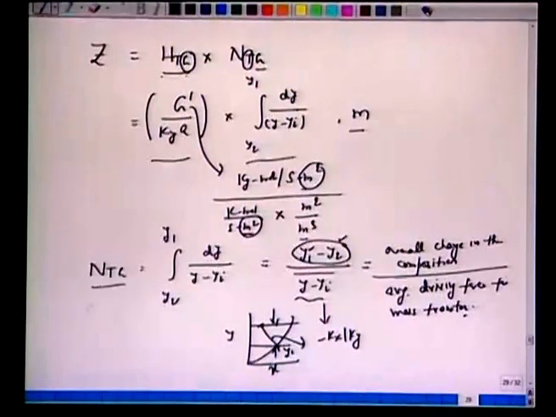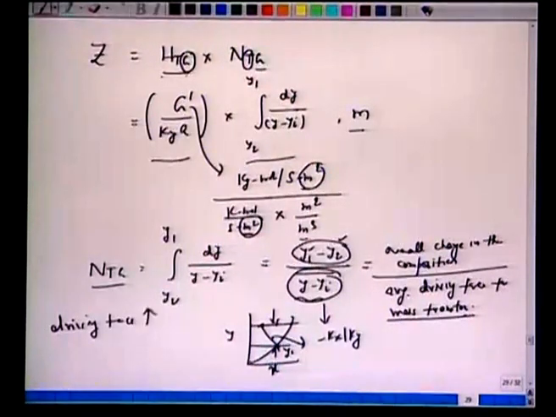So, we have the number of transfer units as a ratio of overall change in the compositions per average driving force for mass transfer. It is quite natural that if driving force increases, number of transfer units will decrease. We require only 4 units, 5 units instead of 10 units if the driving force is much larger. So, that is one thing. For given compositions, y1, y2 generally are known. Now, the number of transfer units depends upon how large is the driving force. If you have a small driving force, we require a larger number of transfer units.